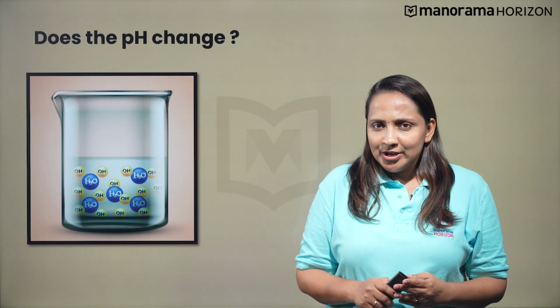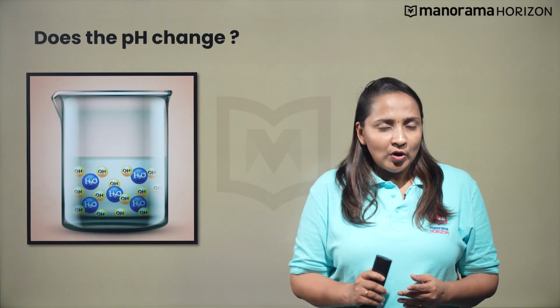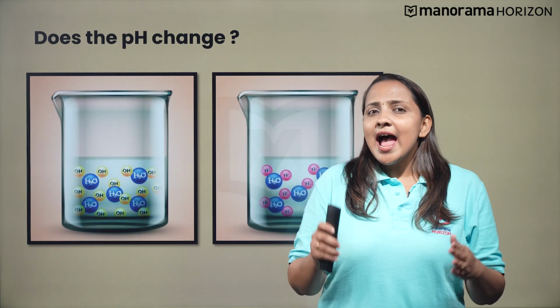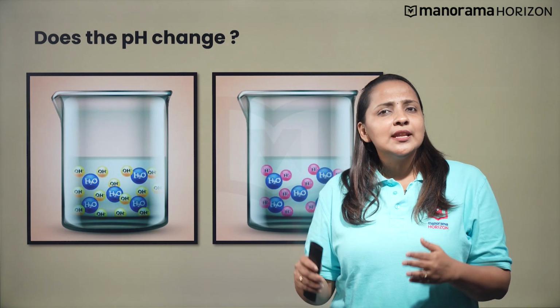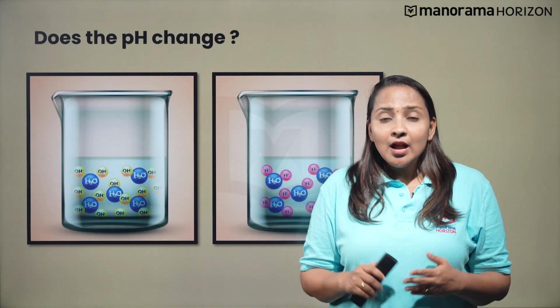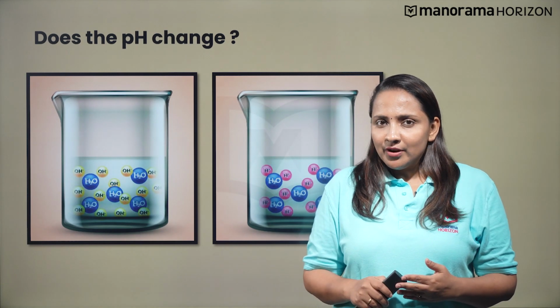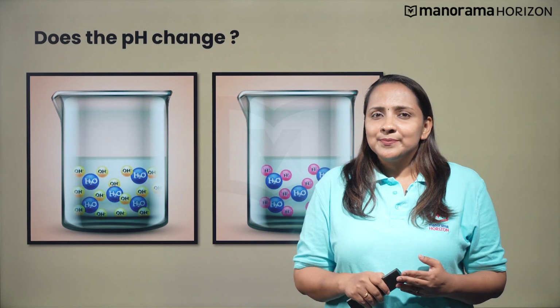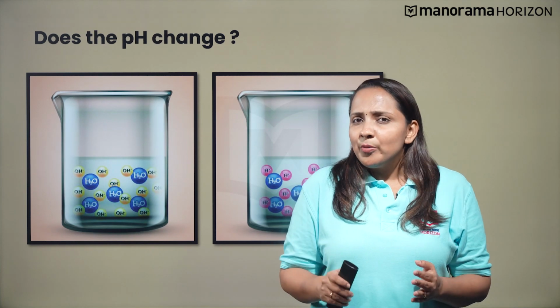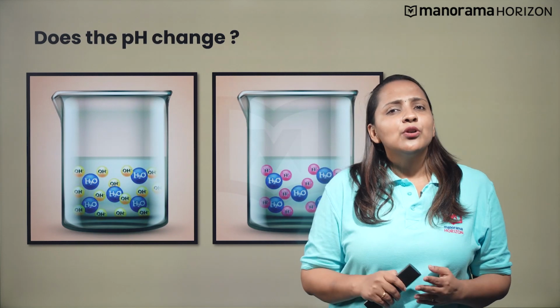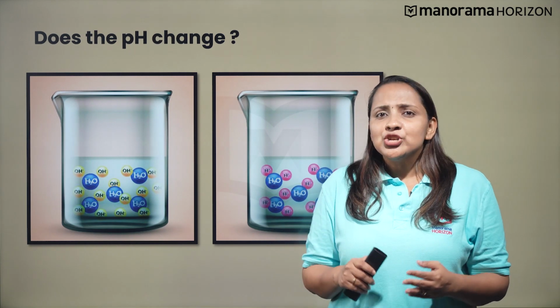Add 1 drop of sodium hydroxide to 1 milliliter of water. Similarly, add 1 drop of HCl to another 1 liter of water. Does the pH change? Well, the answer is yes. The addition of 1 drop of acid or base to 1 liter of water changes the pH and makes it